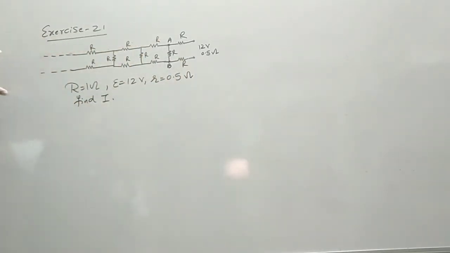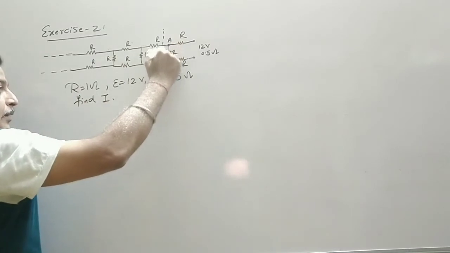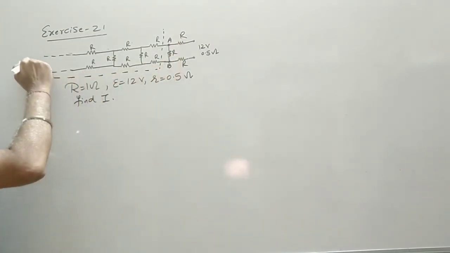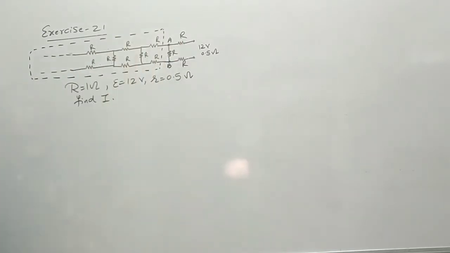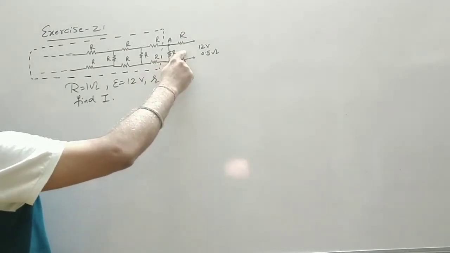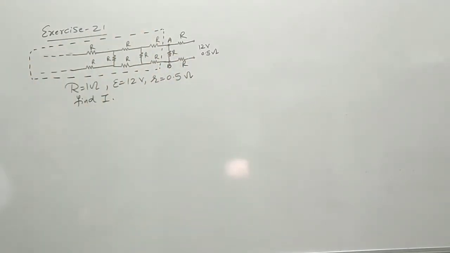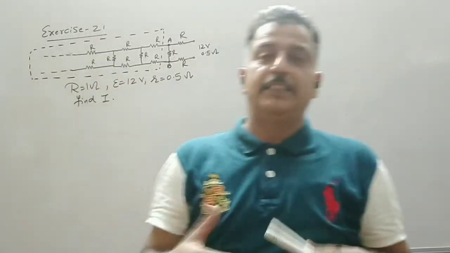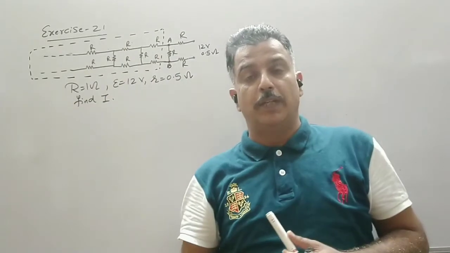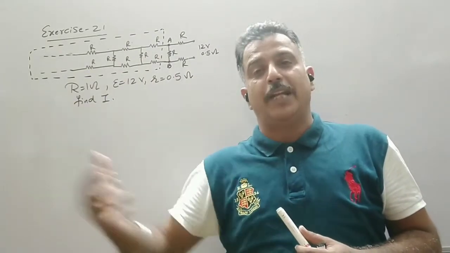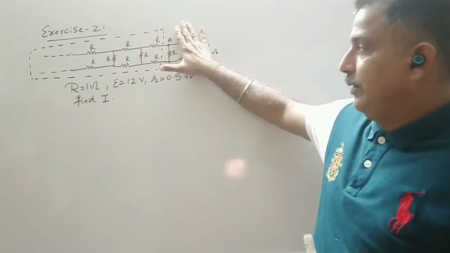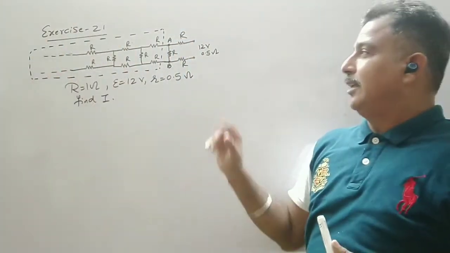So the network is infinite. Let us name this as a branch. Suppose we have infinite branches. Leaving this one branch, all the other branches will be infinite minus 1. So instead of infinite minus 1, let me say that this infinite network is made up of infinite plus 1 branch. So leaving one branch, there are infinite branches shown in the dotted line.